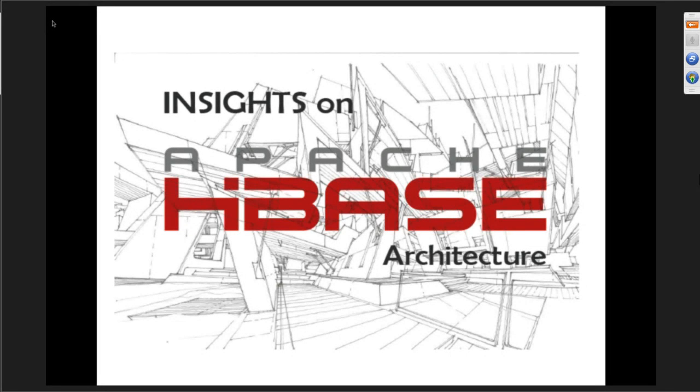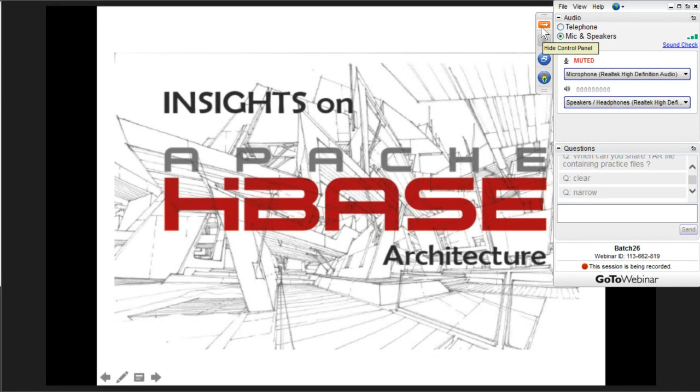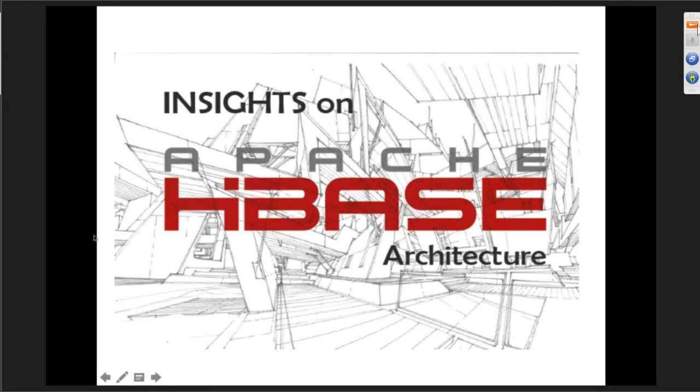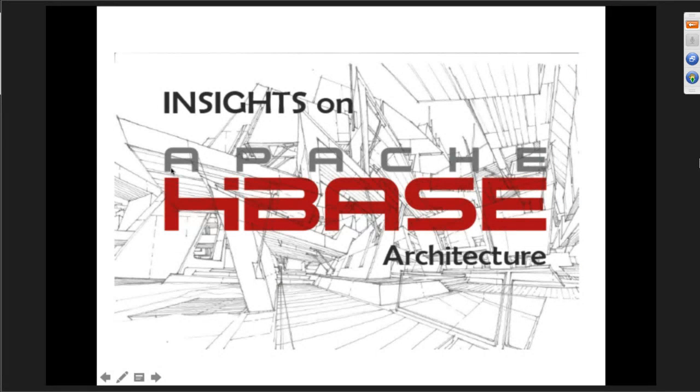And again, another question for you guys. In RDBMS, which would you prefer? Narrow tables or a broader table? As for the normalization techniques, which one do you prefer? A table which is narrow or a table which is broad? You can ping me the answers. Again, yes. The narrow tables are